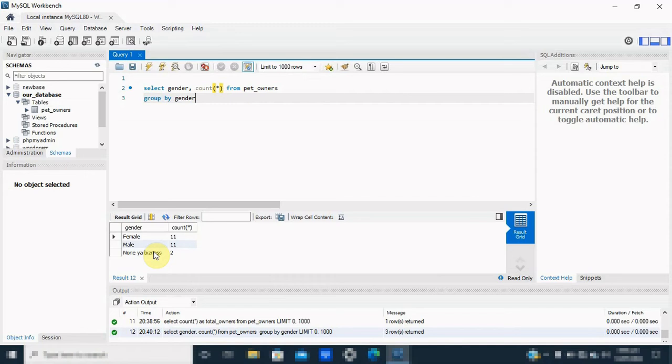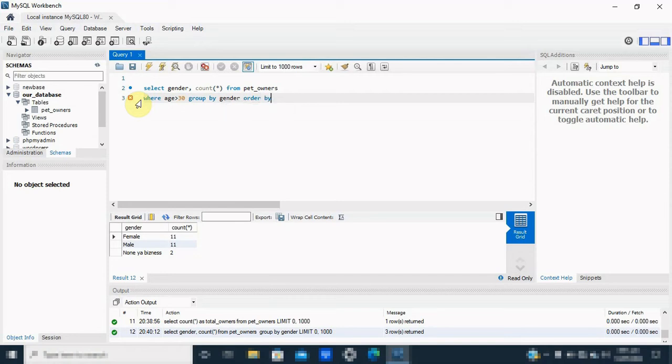Let's say we want to select the gender count of individuals whose age is more than 30. And we also want to order it in descending order. So all we have to do, we'll add in where our age is more than 30, and we want to group by gender and